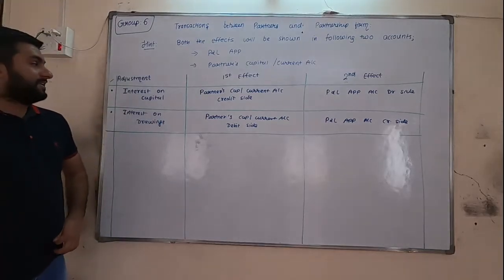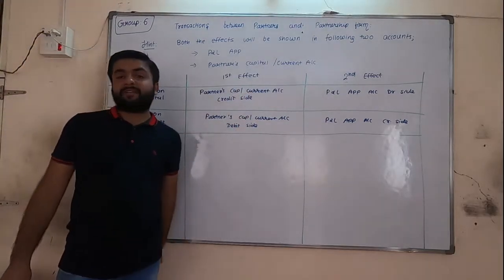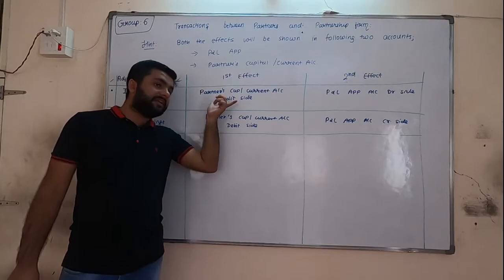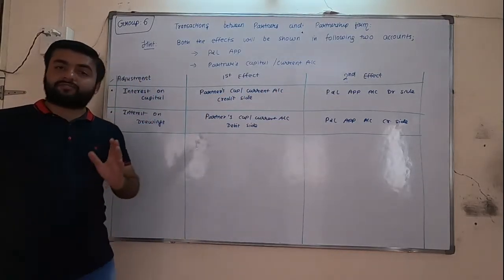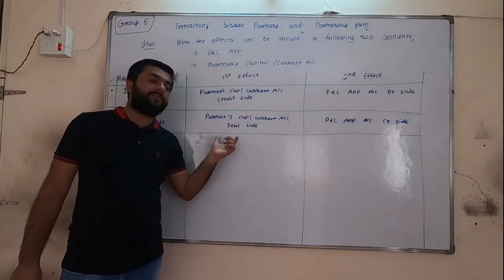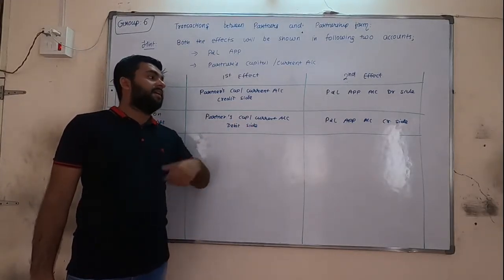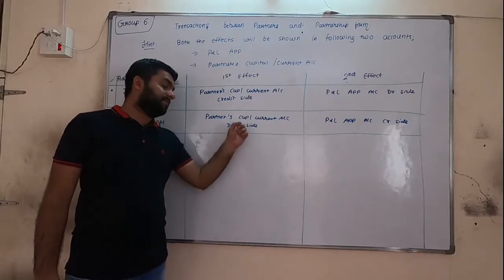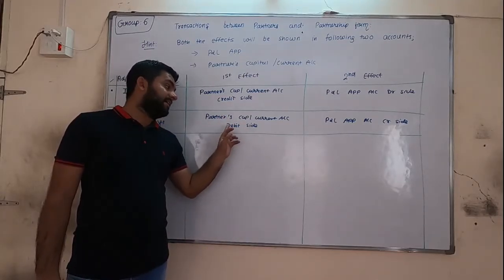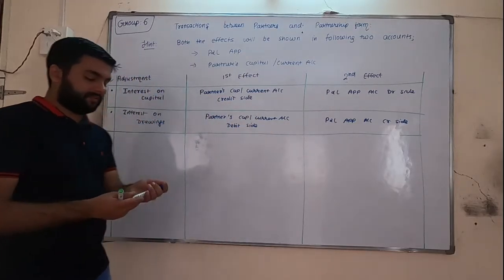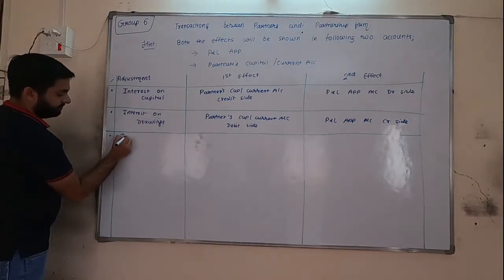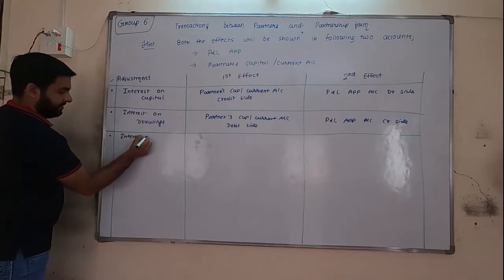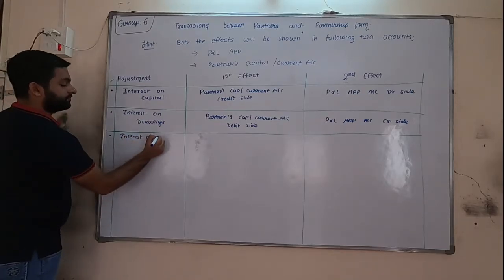Interest on capital, capital has credit balance, so credit side of capital or current account, and if one is credit other is debit side of appropriation account. Interest on drawings, drawings are debit, so its interest will be on debit side of capital or current account, and next P&L appropriation account credit side. Why? Here it is debit, there it will be credit. Next, interest on